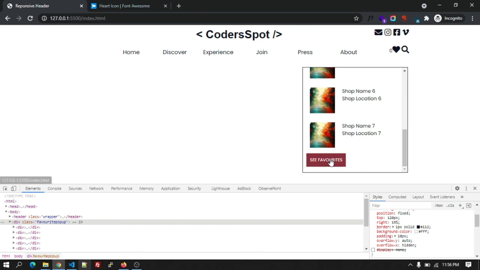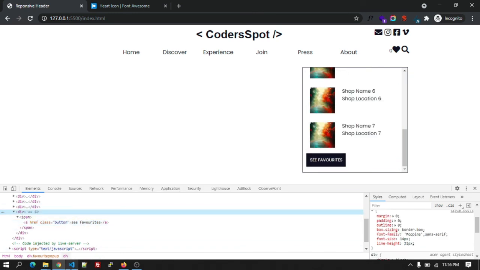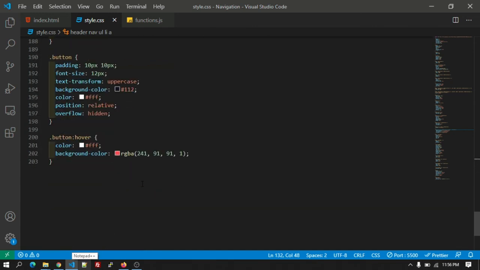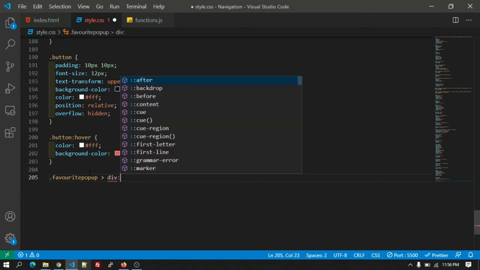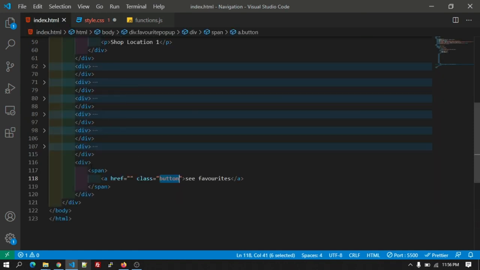Okay, let's make this button centered. So this will be the last div of the favorite pop-up, and inside that there is a div, and in that it will be a last child span. You can see here this is the last child span and the anchor tag with the class button.